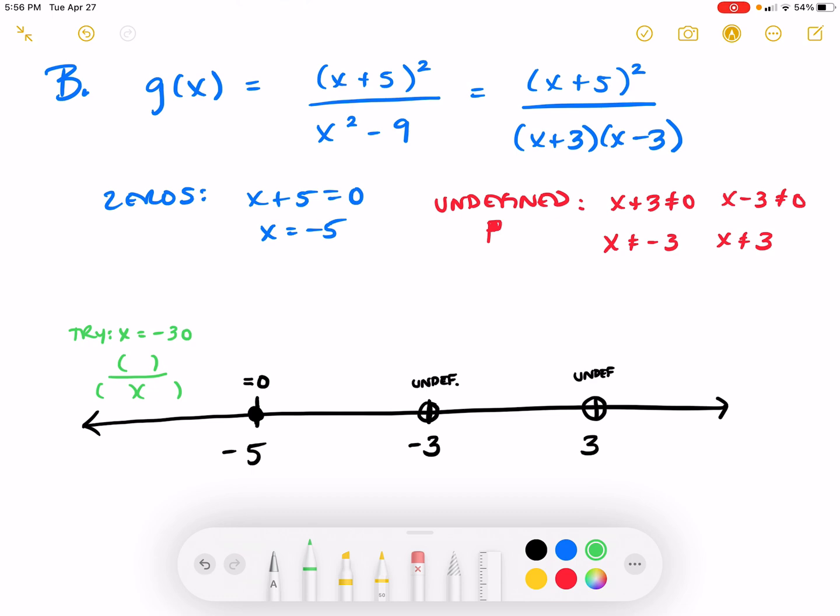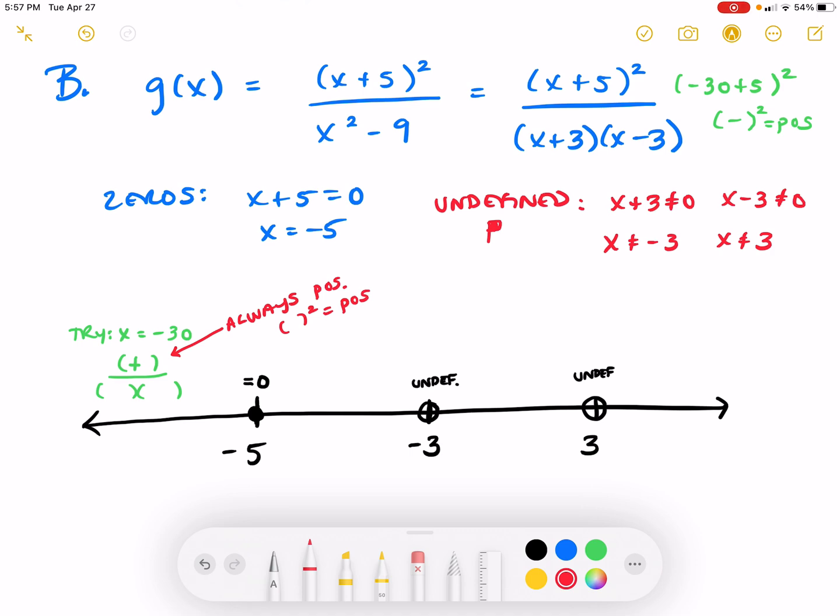So this is going to become negative 30 plus 5, and we're going to square it. Now here's what's interesting. I'm going to get a negative, and I'm going to square it. And I really don't care if I have a negative or a positive in this parenthesis. The result is always going to be positive. So I know that this top factor, I'm going to make a little note right here, is always positive because anything squared is equal to a positive. The only thing that breaks that rule are imaginary numbers,